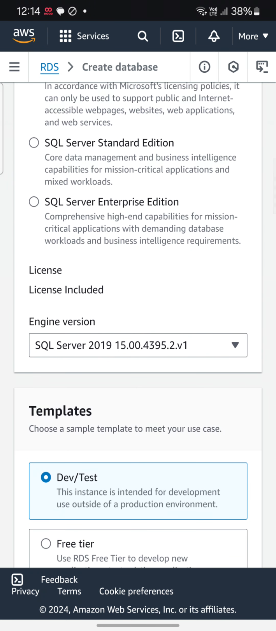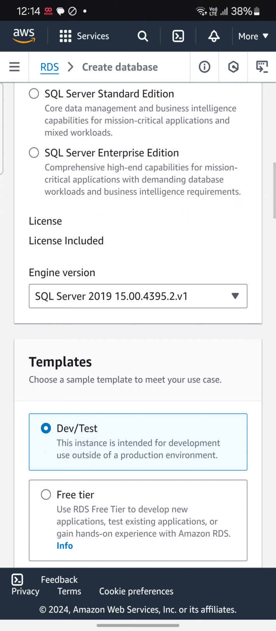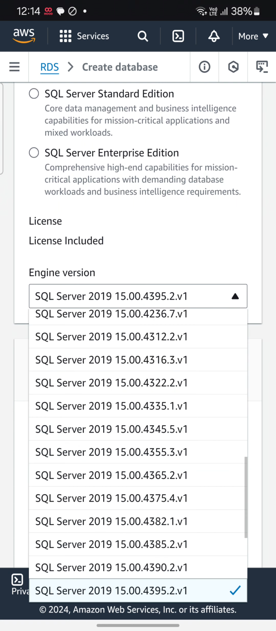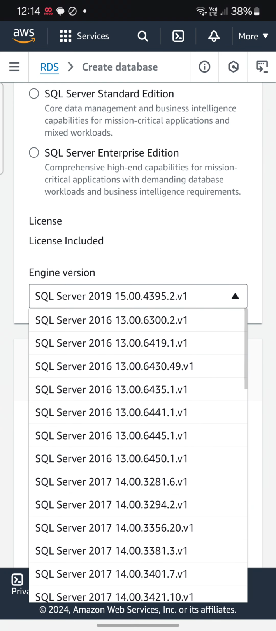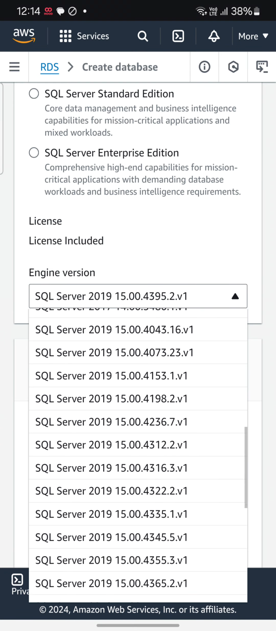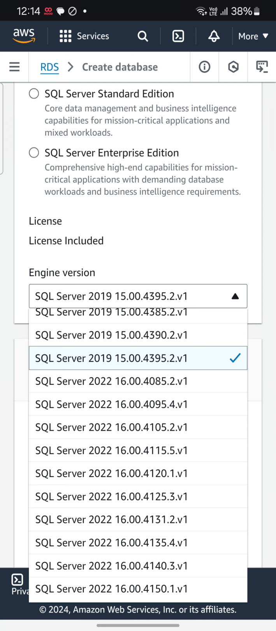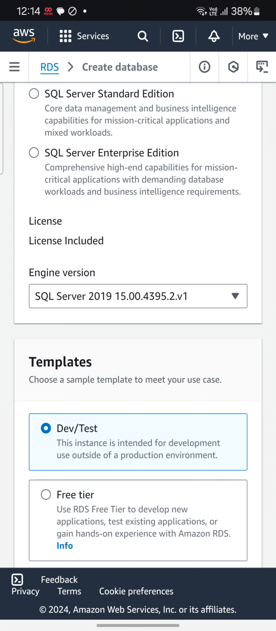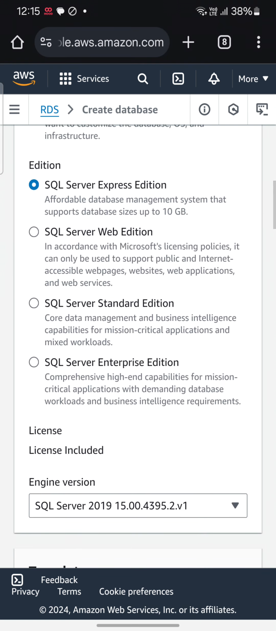License included. Here we need to go very carefully. They have given these SQL Server versions, 2016 to 2019 and 2020. Automatically they selected one, so I am using this one only. Why? Because most performance they have given. See here, these are the types of SQL Server. This is a free one. Suppose you select SQL Web Edition, see here,